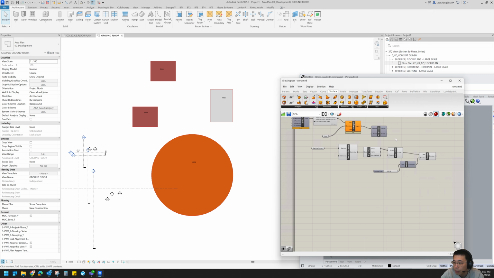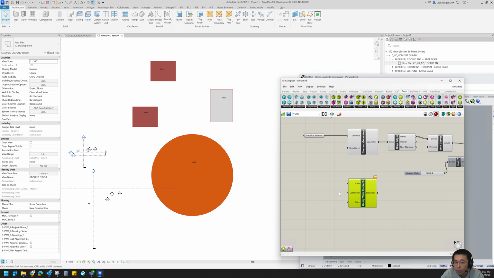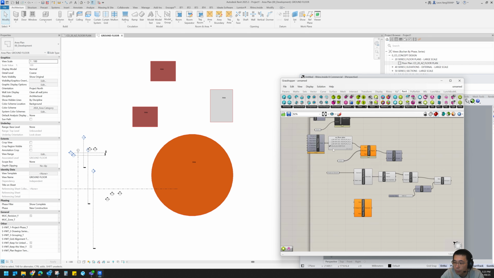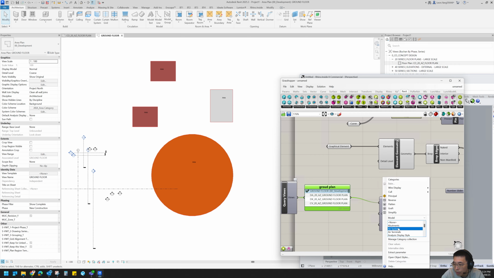So the way we are doing here is under Revit, again we're doing the query view elements, and the view will be, we copy this again here, the view will be the area plan that we just created, and then we connect it here. Category we are doing in areas,